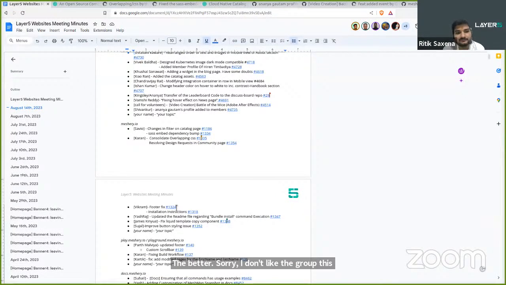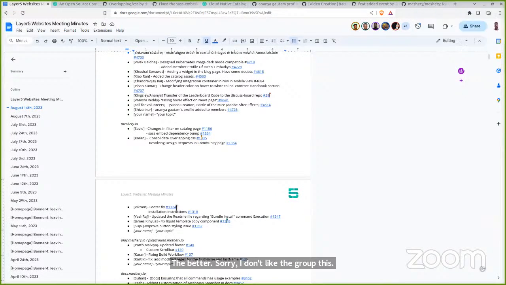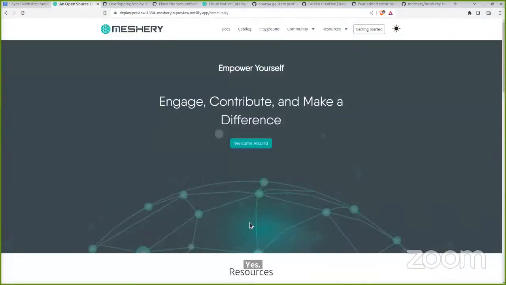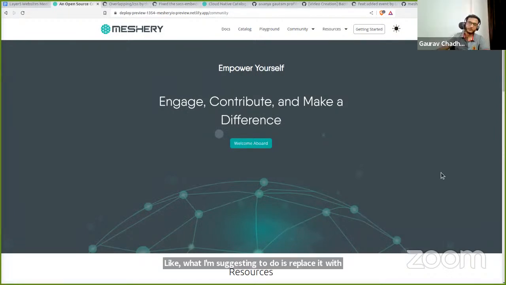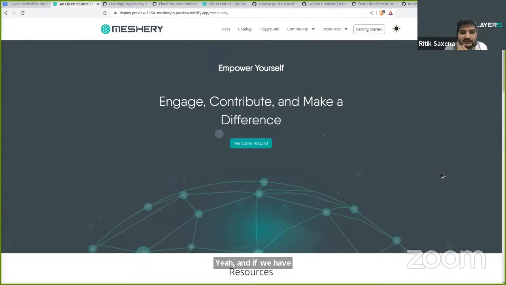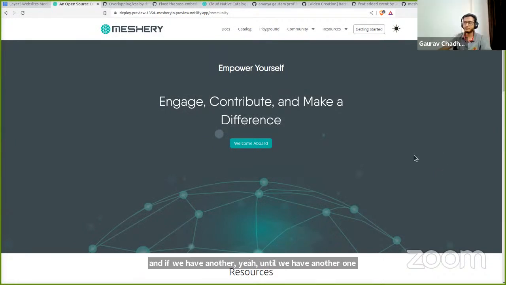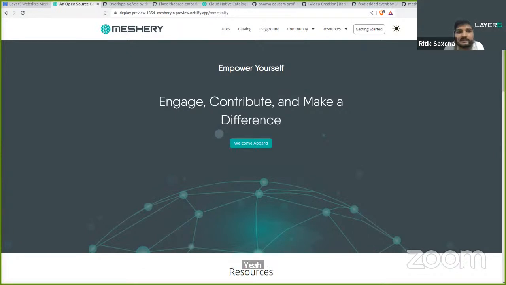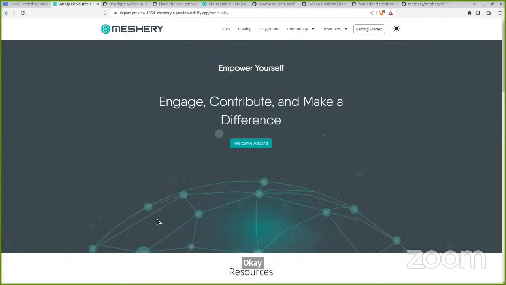Yeah, sure. And also regarding the request for the hero section, the graphic that is being used right now, do you want to reduce the height only for the graphic? Gaurav is suggesting to replace it with another graphic right now. Yeah, replace it with a new graphic and reduce the height too. Yeah, both, until we have another one incorporated, we can go with this one and have that height. Okay, then I'll reduce the height for now. Then you can update the graphic afterwards.